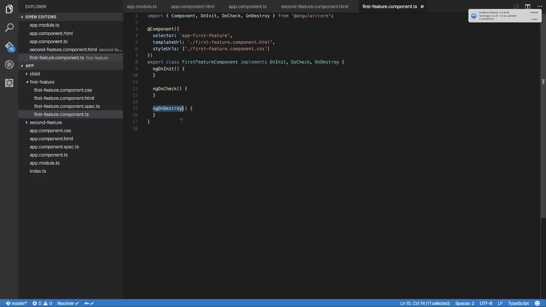Init is second to the ngOnChanges. So as we saw in the previous video, we had an ngOnChanges which acted upon the inputs that came into that component. This is fired after the inputs have been defined. So you can get access to the inputs at this point, but you can't get access to any child components. You can't get access to any data that is part of the view itself, or any child components or anything like that. You can't access any of that. The only thing you can access is initialized variables and